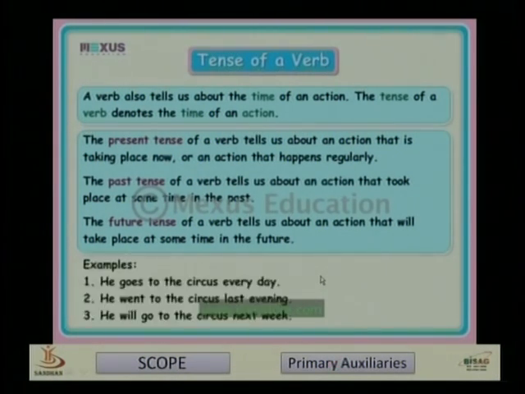Look at the following examples. The verb goes refers to the present tense since it talks about a present moment. The verb went refers to the past tense since it talks about a past time. The verb will go